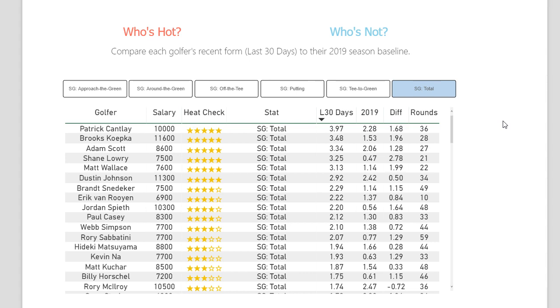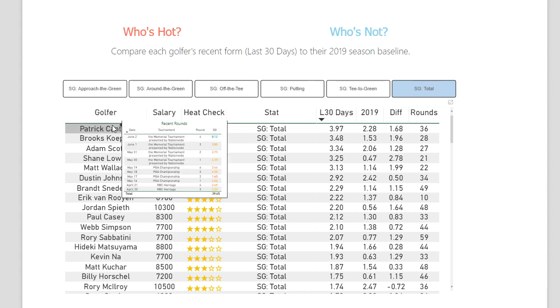He's very hot. Adam Scott, very hot. Shane Lowry, Matt Wallace, very hot in the last 30 days. Now, what you can also do is hover over any of these players and you're able to actually see their